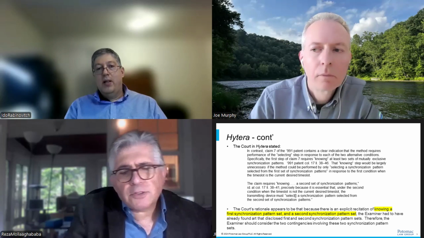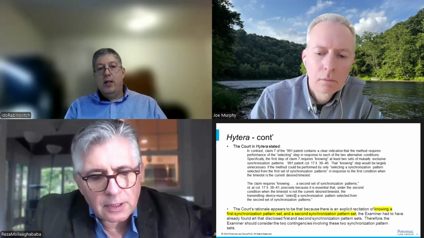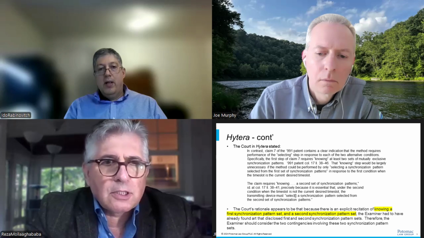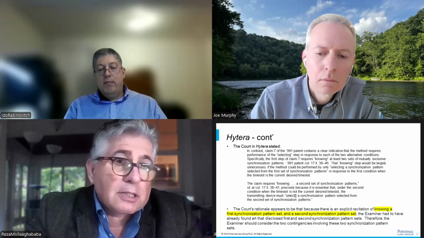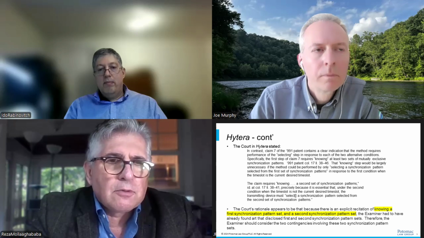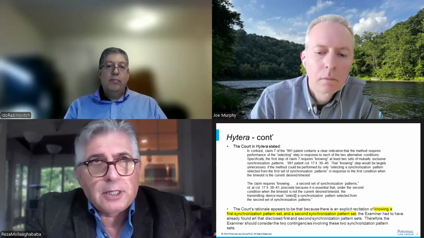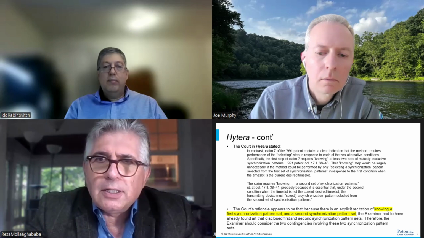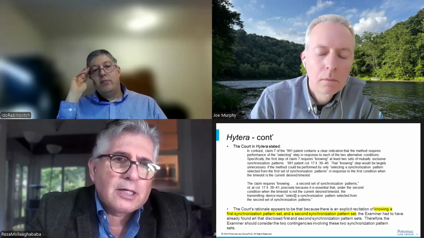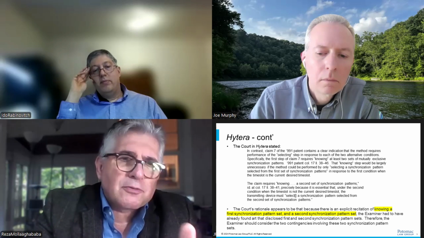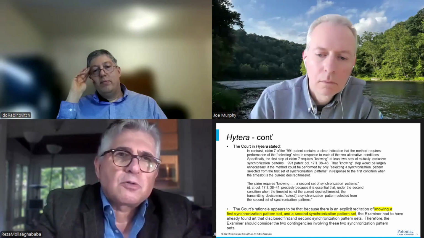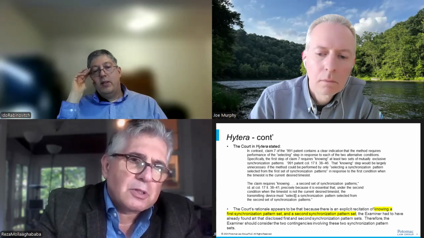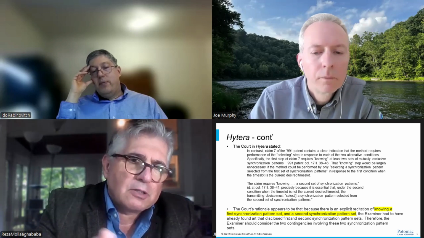Mm-hmm. In this case, it looks to me that the limitations were things that had been determined in advance, right? As you and Joe were saying. A lot of times that's not the case. For example, if I find this type of bacteria, I do A, but if I find a different type of bacteria, I do B, those are not limitations that I have. They're not part of the claim, constructing those limitations.